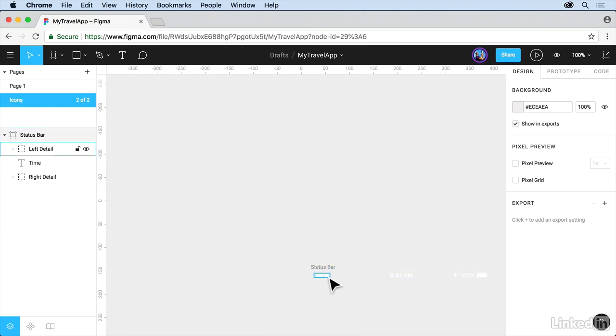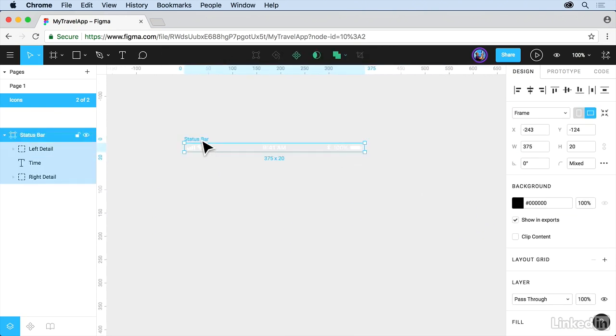Now, don't go grabbing it by an individual object, but grab it by the status bar right up here, and you should be able to move it around. So like I said, it's treated sort of like a group of objects. If you look at the icon, this is actually a frame. So you can see it's part of a frame. Now, just because it's on a frame, you've got to be careful of frames to start with. We're going to talk about what are called constraints later on.